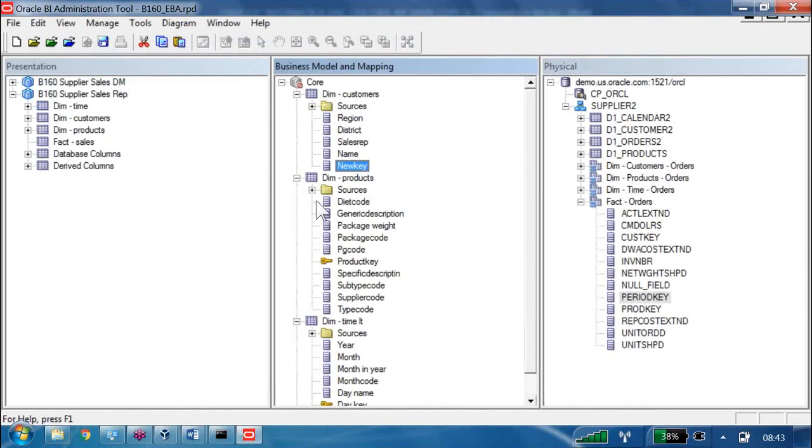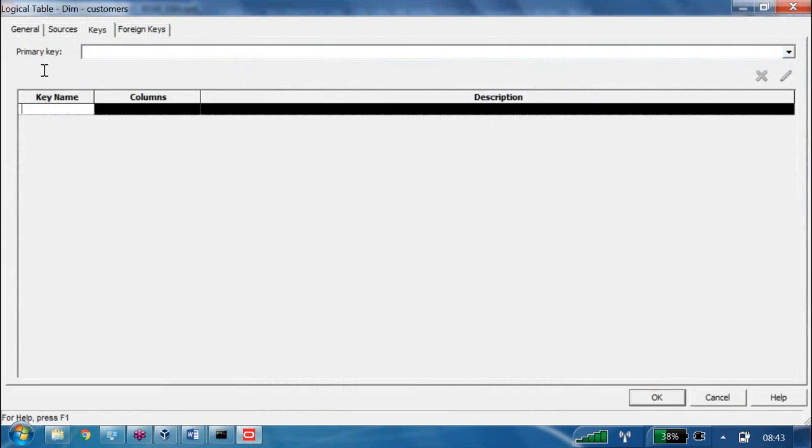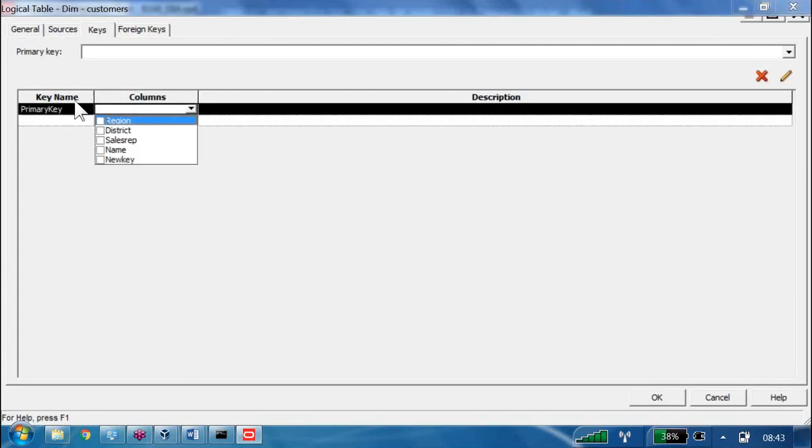I mean to say, create the key column. Double click on the logical table. Then give some key name as primary key. Then select the column as new key. Then click here on the drop down of the primary key, select the primary key.